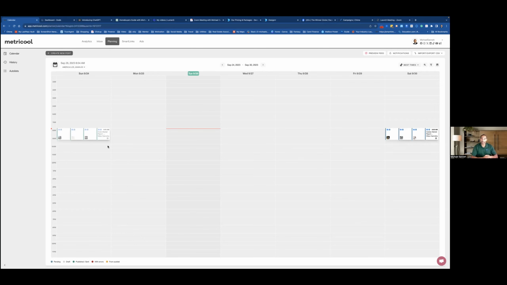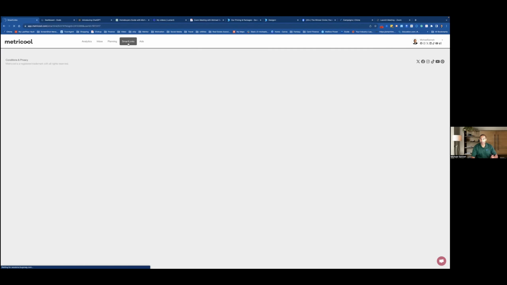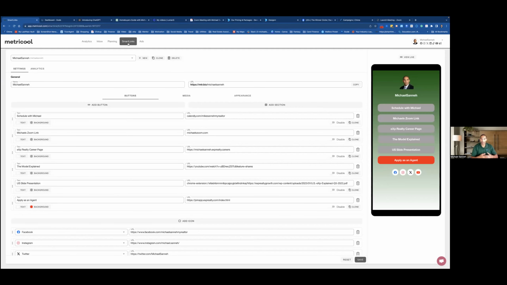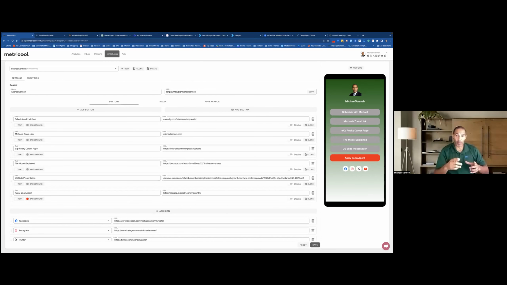The last thing that I use Metricool for, I think this is huge. It could be a game changer for all of you, is the smart links. Some people use Linktree. I use Metricool because they have some other features that I can use, so I can do more than one link in bio. Now, I don't know if you all know what a link in bio is, but if you've ever seen Linktree, it's a place where you can put all of your links together, and then you send them out as one link. When people click on the link, it will come up like this on my right. It would look like this on your phone.